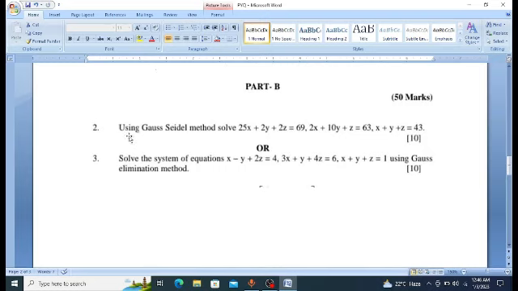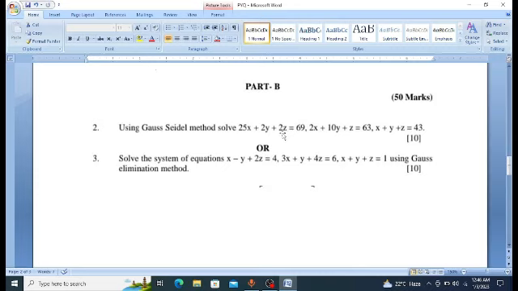Then we have the question: use the Gauss-Seidel iteration method to solve these equations. Here one trick lies. If you take the coefficient of x, that is 25, then mod of 25 is greater than or equal to mod of 2 plus mod of 2, which is true,